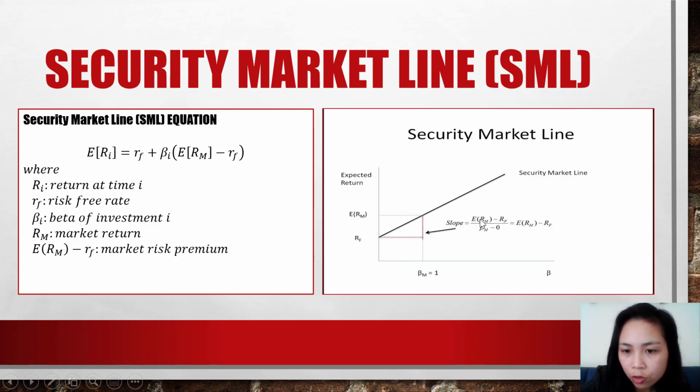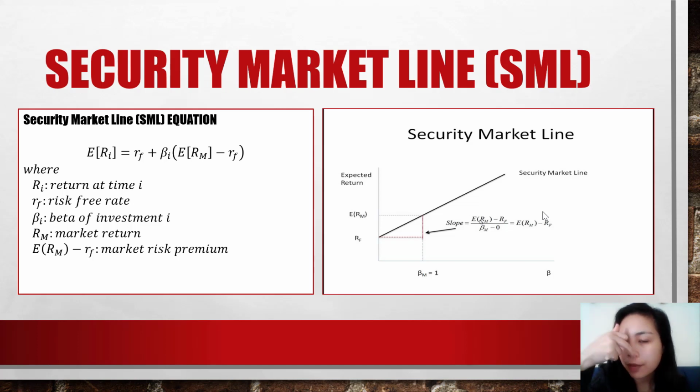That is the expected return of the market subtract the risk-free rate. And the run here goes from 0 to beta M, and beta M is 1. So the denominator is 1 subtract 0, which is 1. So the slope of this line is the expected value of the market return subtract the risk-free rate. See that? So we see that the difference between the capital market line and the security market line is, first, the